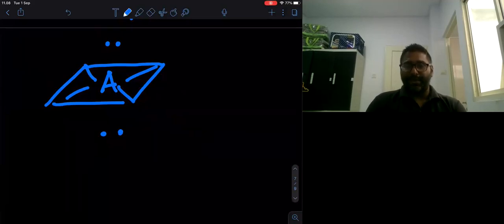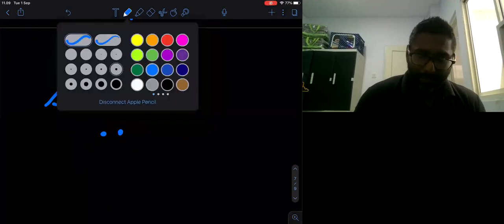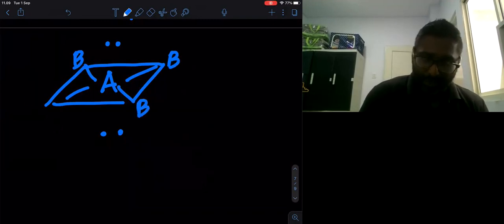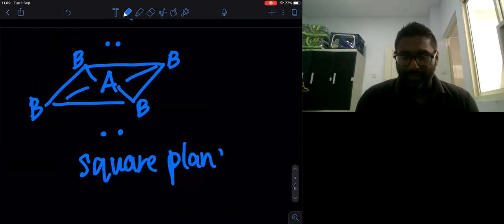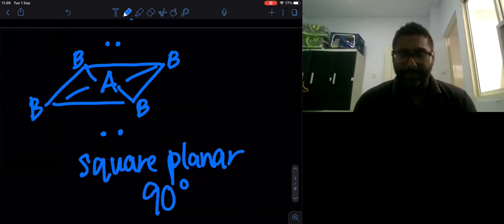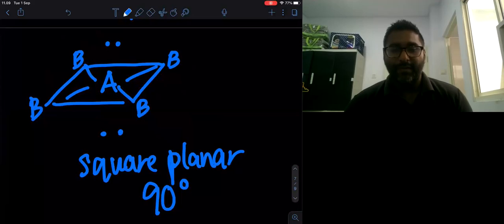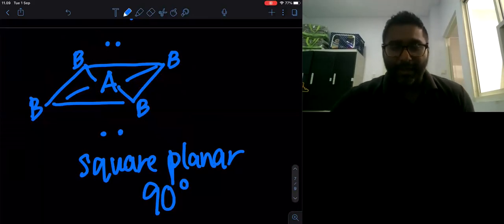The shape of this is what we call square planar. So the bond angle is also going to be 90 degrees. Just take note of this. Okay, is there any question up to